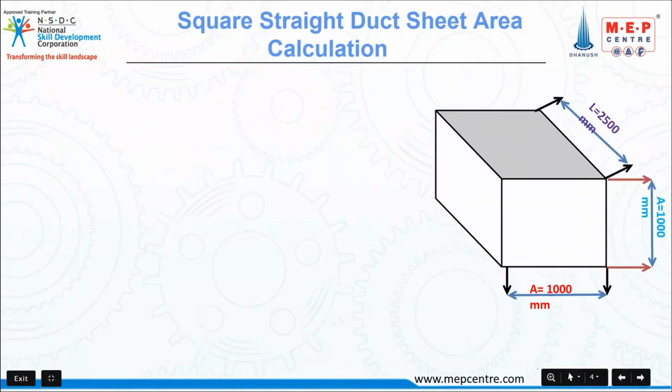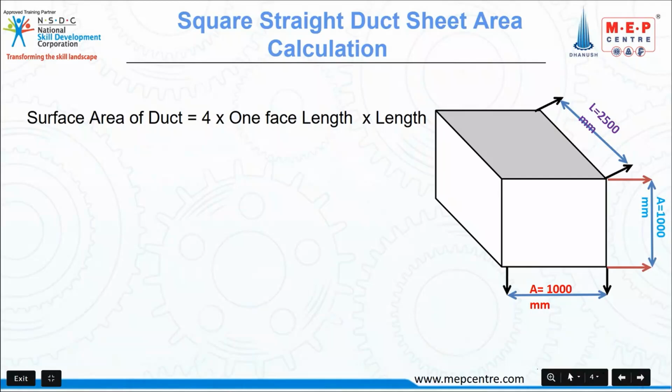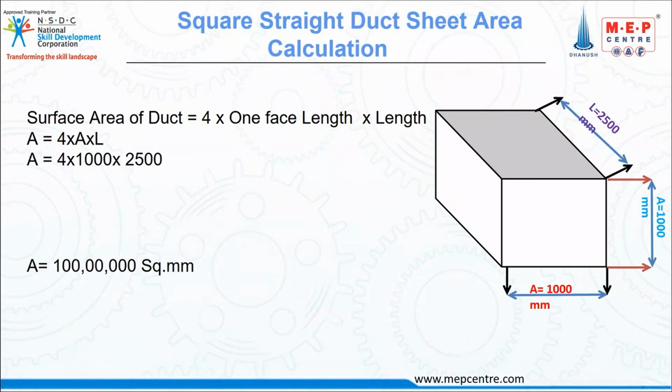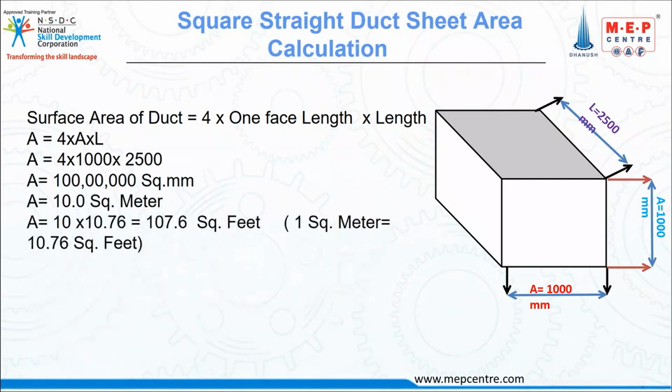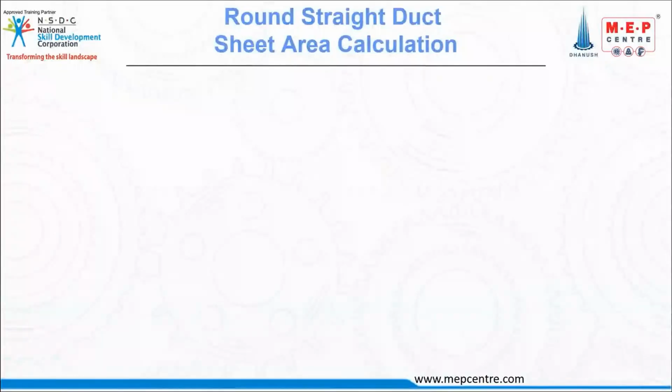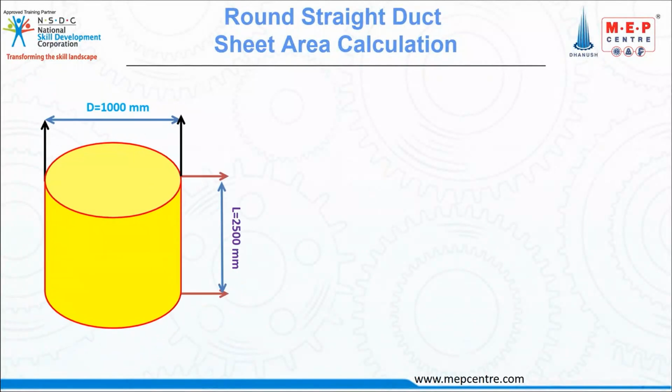Suppose if you want to calculate for a straight square, then it is 4a, और इसको भी 2 into width plus height into length ले सकता है. So same simplification we did and we have calculated how much area is required. Suppose if it is a round, what is the area of a round? So suppose if it is a round,